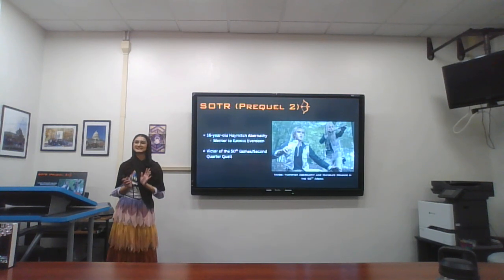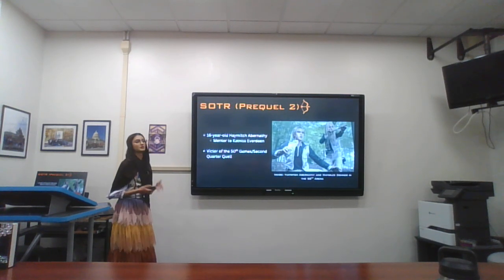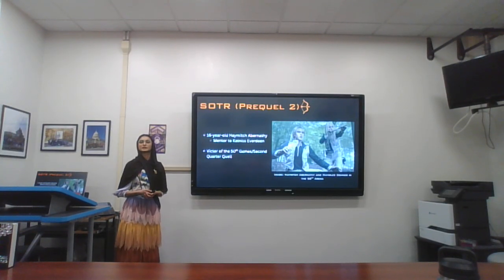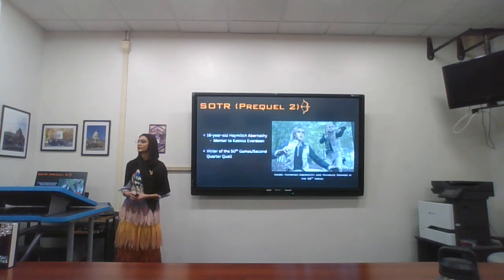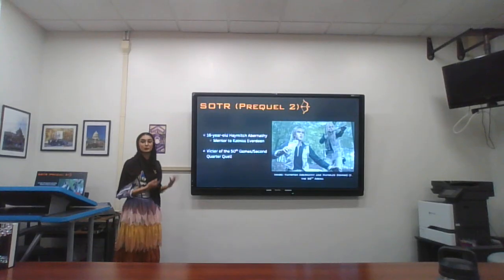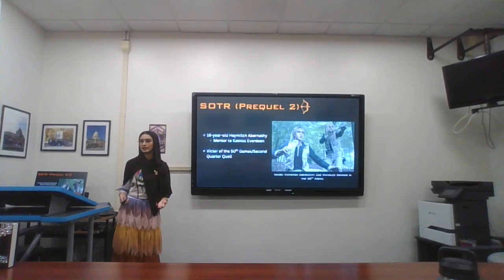Sunrise on the Reaping is the second prequel novel, and it follows 16-year-old Seam resident Haymitch Abernathy, who grows up to become the mentor to Katniss Everdeen. He himself is the victor of the 50th Hunger Games, or the Second Quarter Quell, in which twice the number of tributes were reaped. Now, it was Sunrise on the Reaping that actually introduced me to the Hunger Games franchise,